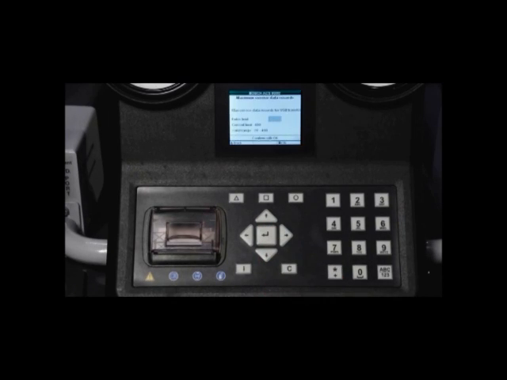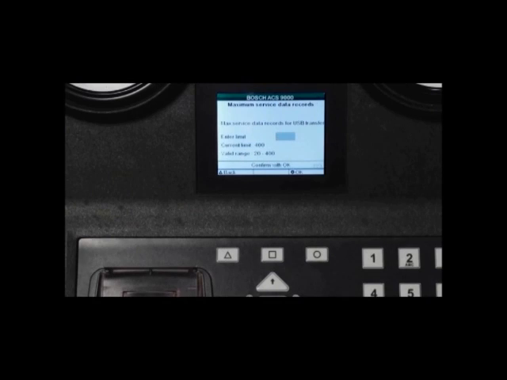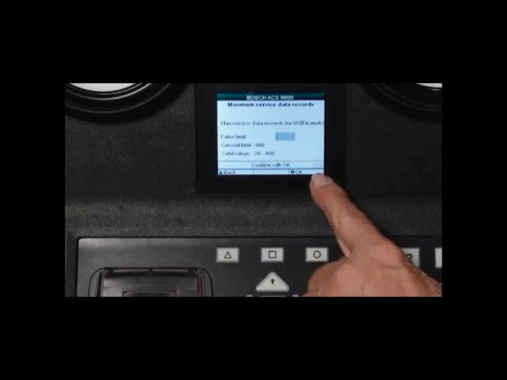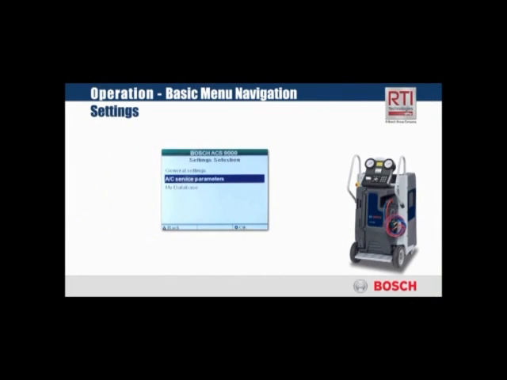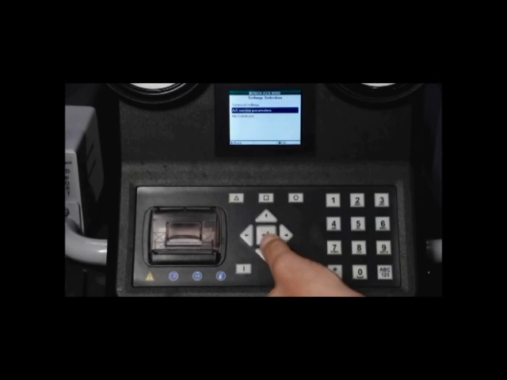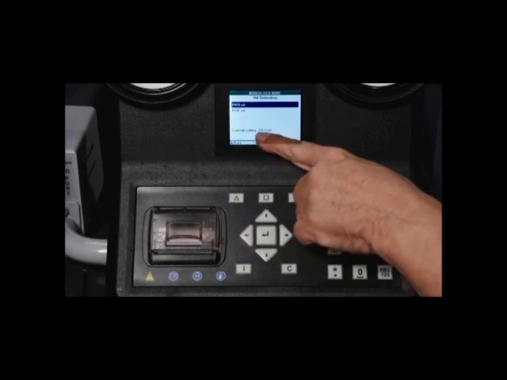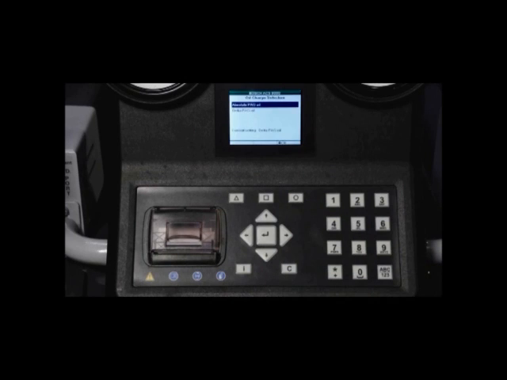Max service data, it will hold up to 400 records. After the 400th one, I've got to reset it, take a flash drive and take it out of there. I don't know if you notice the 1, 2, 3 in the corner. That tells me I can use these dials. My service parameters, my PAG oil, which oil do I want, PAG or ester. Okay. Tells me what the current setting is. If I want to do an absolute or a delta. The absolute command will extract used vehicle system oil and then add only the amount of